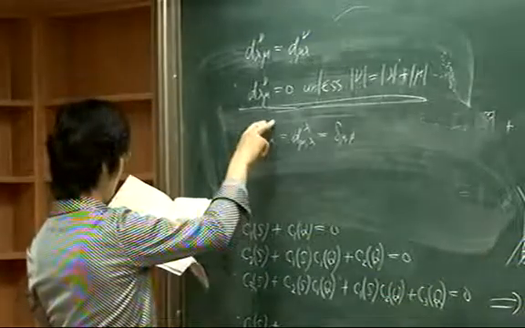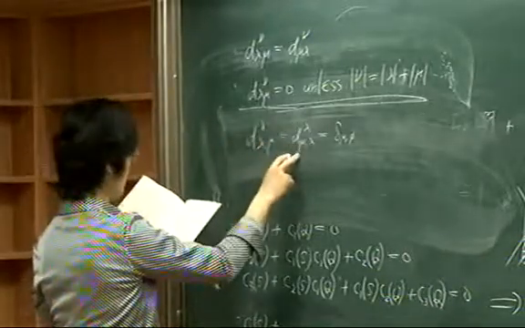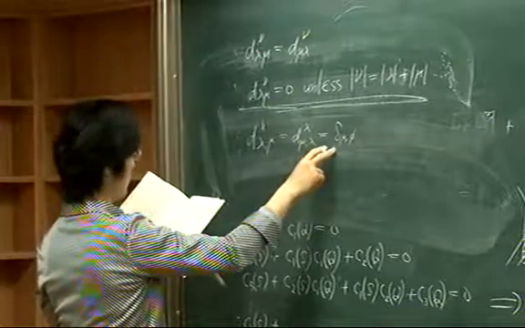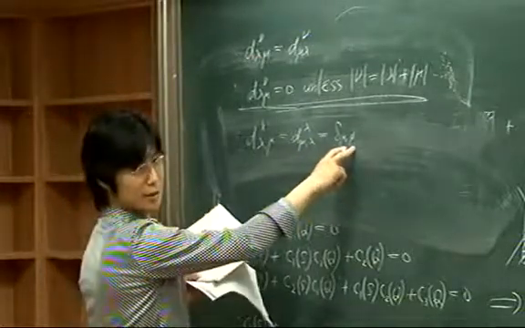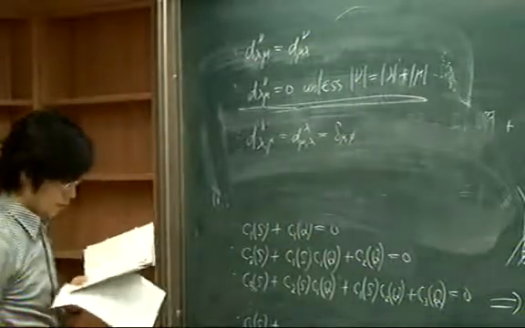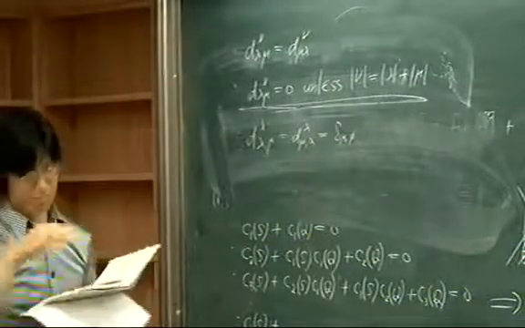Lambda mu. Lambda mu lambda. Kronecker. Mu is empty. So using these relations,